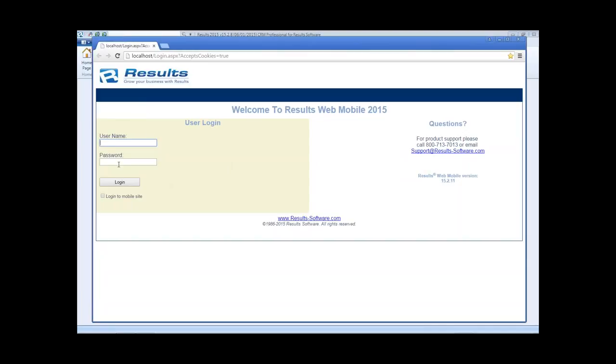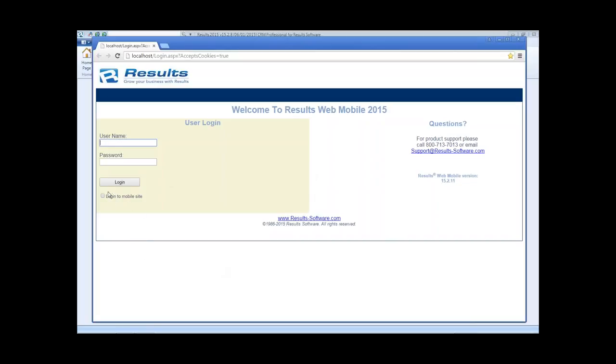And then when they log in, the system will do an auto-sensing based on the device they are using. If they're using a laptop or a desktop for that matter, and or a tablet, it will go to the full results for the web. And if they're using a smartphone or a PDA, the auto-sensing technology will take them directly to the Results mobile